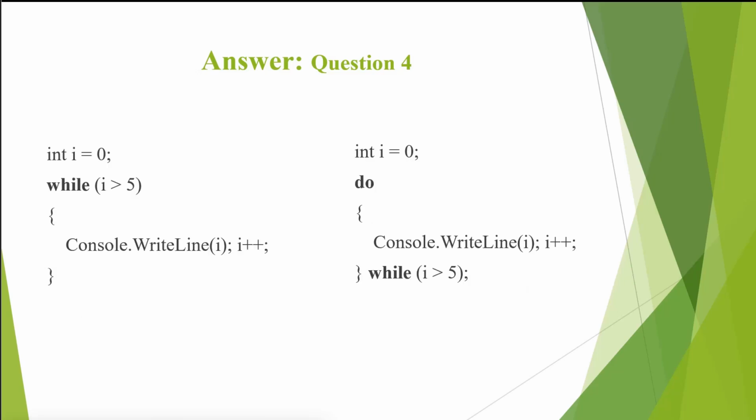The first one won't run because the condition is false from the start. The condition is while i is greater than 5 and i has the value of 0, so the condition is not true and this loop won't run. But for the second example, i has the value of 0 and the condition is the same, while i is greater than 5. But this loop will run once before the condition is checked,